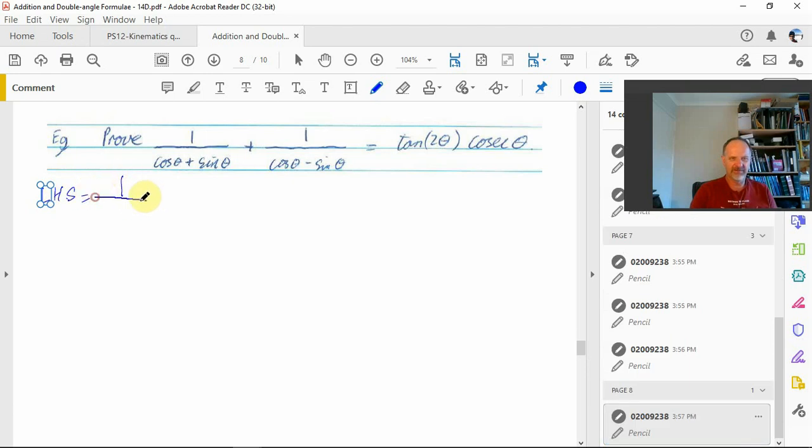And it's 1 over cos theta plus sine theta plus 1 over cos theta minus sine theta. And I'm going to make a common denominator